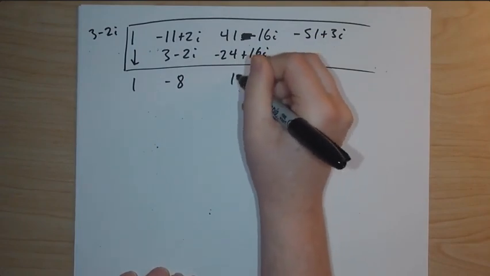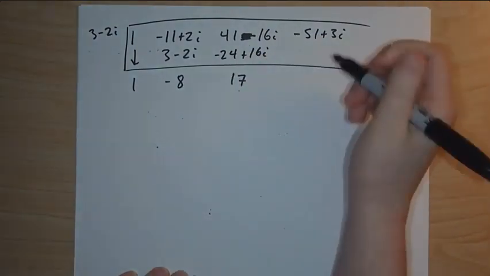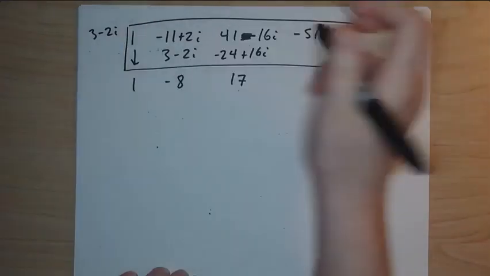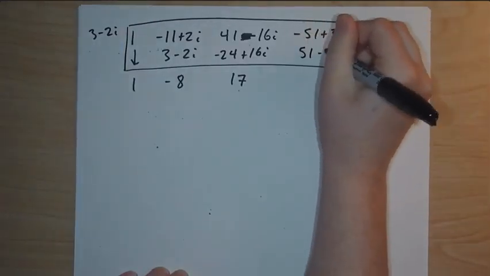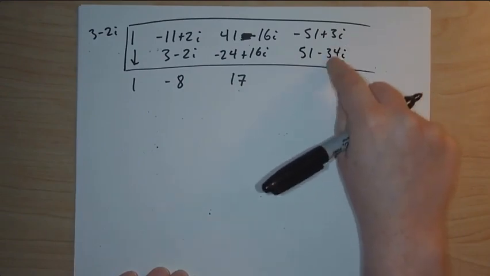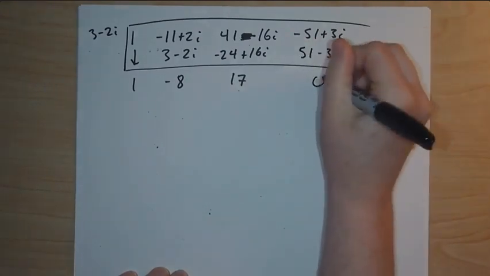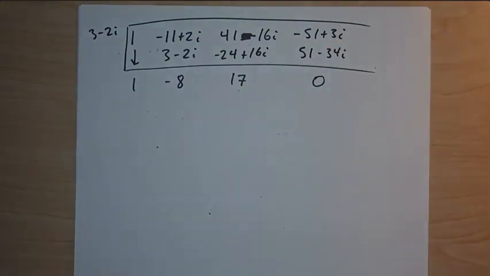Adding these, we get 17. And then 17 times 3 minus 2i is 51 minus 34i. And if we add these, we notice our signs are different, so we just get 0. So,